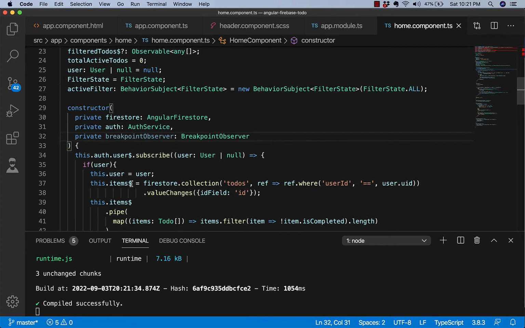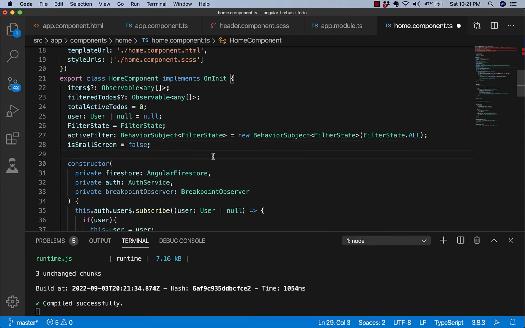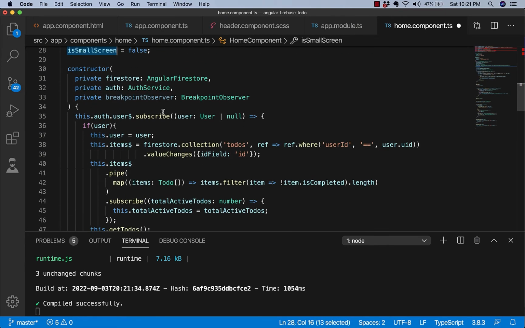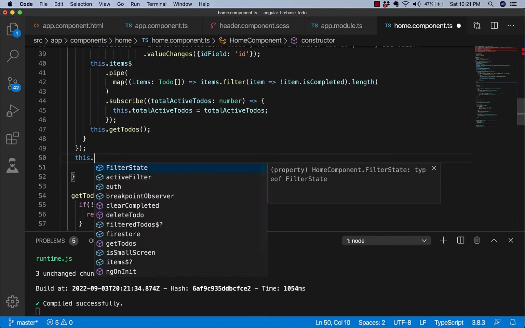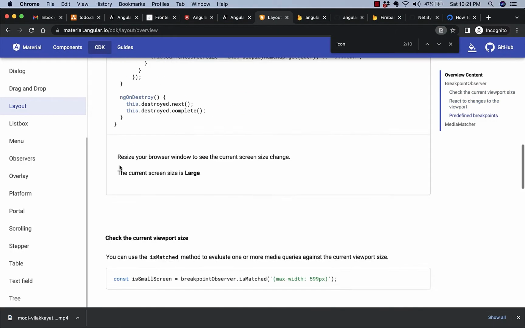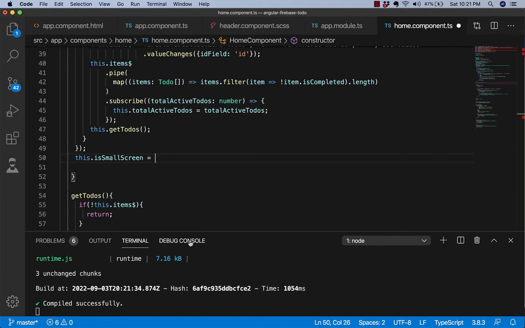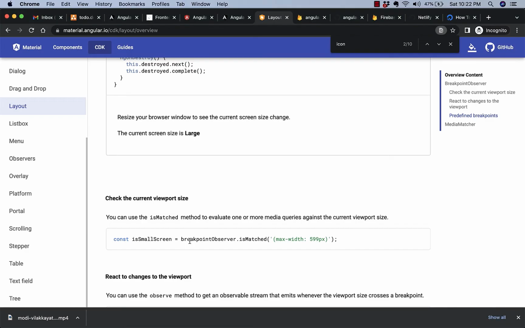I'm just using the same name, it can be any name. We'll follow the same approach. We'll just create a boolean property for whether it is a small screen or not. And on the engine unit, we'll check if it is a small screen, whether it is matching or not. So is matched, and then what we want to match is, as per our style guide, we